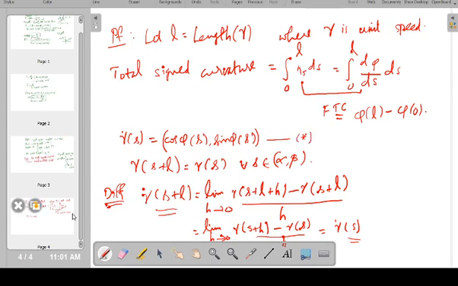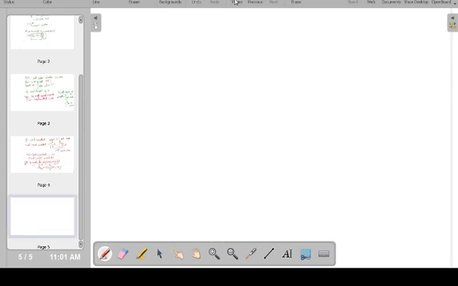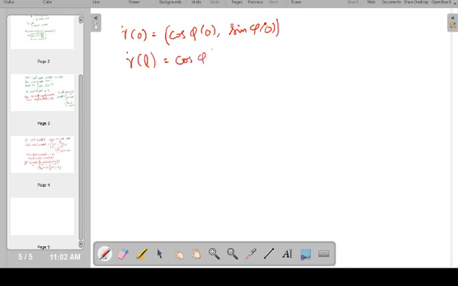So from star, let us take another window. Gamma dot of 0 equal to cos phi 0 comma sin phi 0, and gamma dot of L is cos phi of L comma sin phi of L,